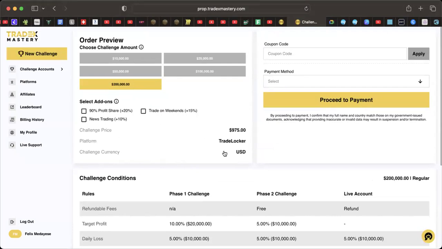How do I go about activating my account on Trade Mastery for the promo? Very, very simple. And of course, I've done a lot of videos about how to make use of Trade Locker. Remember that the trading platform for trading with Trade Mastery is Trade Locker. So very quickly, you want to activate your account on